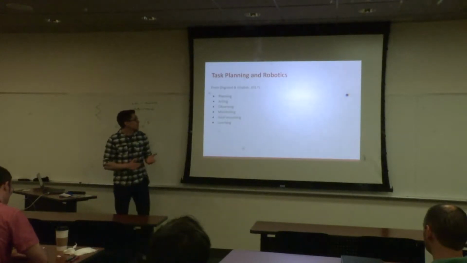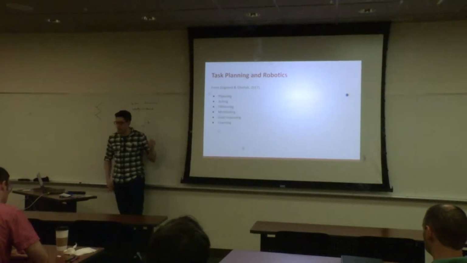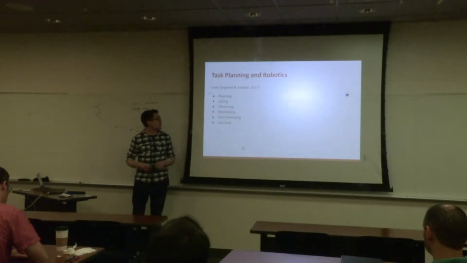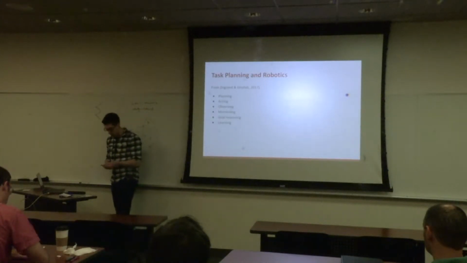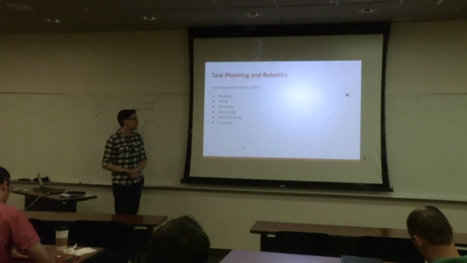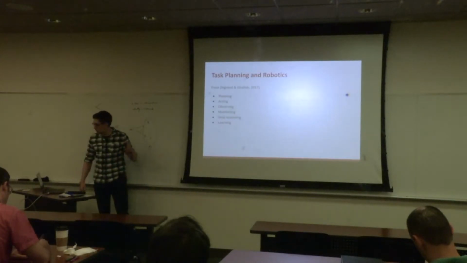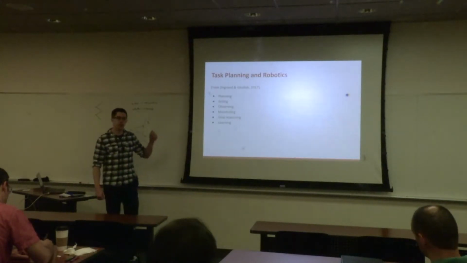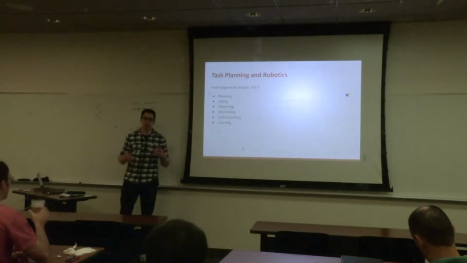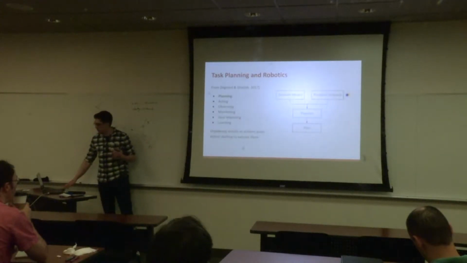Okay, so task planning and robotics. At the end of this tutorial, I will have a list of all of the references. The first one on the list is this survey paper from Ingrand and Ghallab, which is, I think, extremely good and well worth the read. But in that paper, the authors identify these different deliberation functions that a task planning robotic system performs. The one I'm interested in most, of course, is planning,